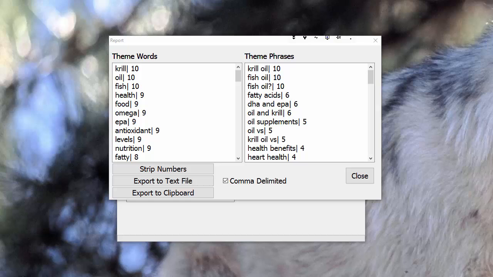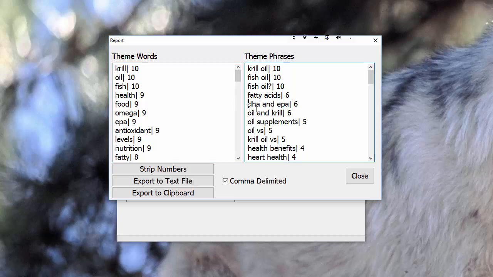So we've got the spider results. They're basically divided into two: the theme words, which are one-word phrases, and then the theme phrases, which are 2, 3, and 4-word phrases. What you will find is that longer phrases like 2, 3, 4-word phrases appear on fewer pages than just the individual words. The reason for that is that if we take an example here, there is this phrase here,